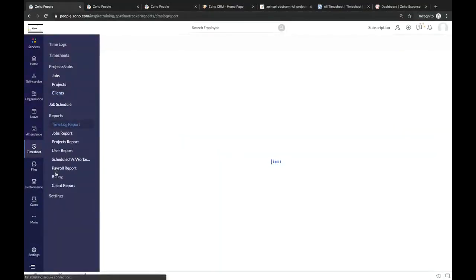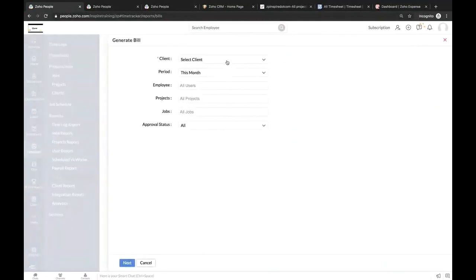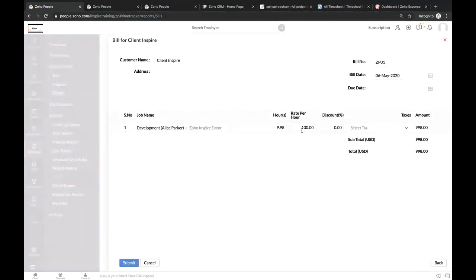And then I'm getting back to billing, generate bill, select the client, click on next. So now you can see the rate per hour is fetched as 100, and you can see this is the amount which is billed to the client. And once I click on submit,